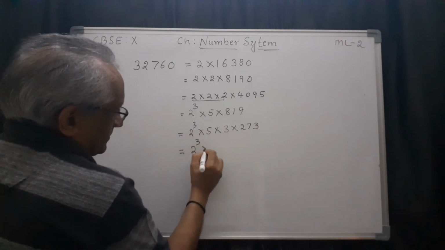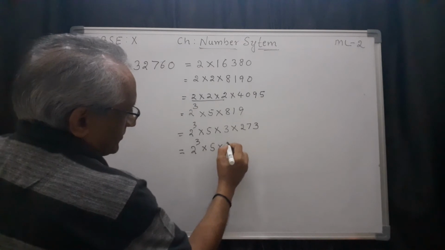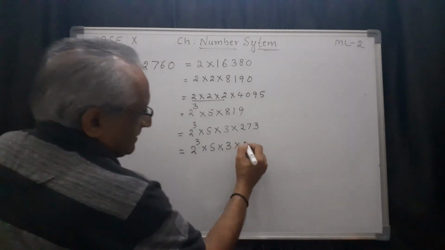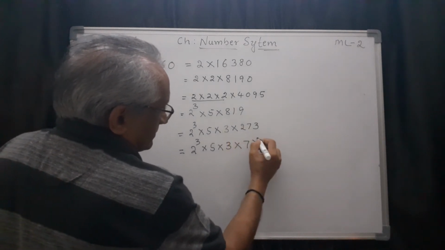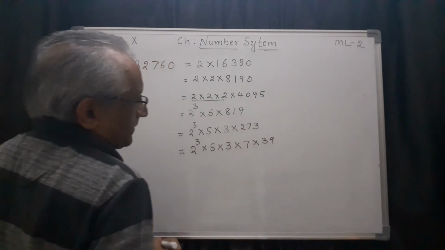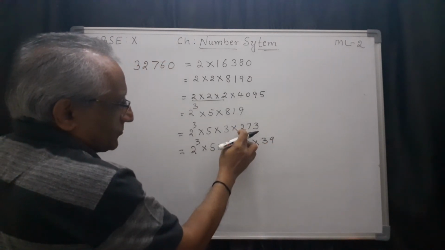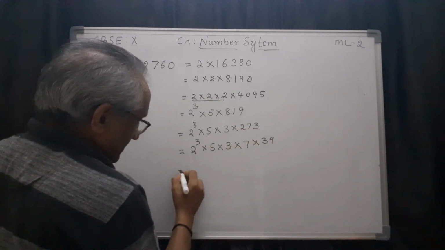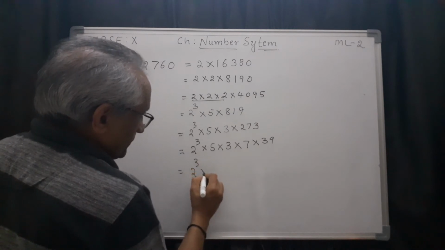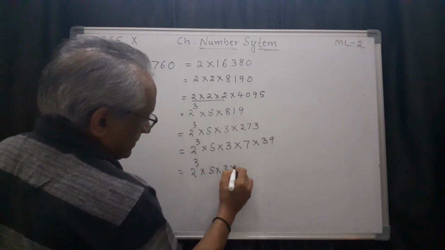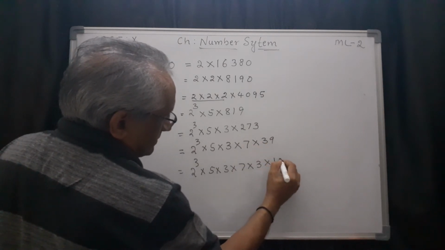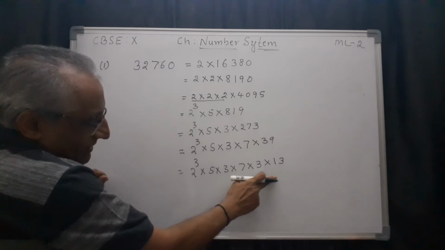2 cube. See, oh, this is a test of your numerical ability. Now it is divisible by 7. You can check 7 into, see here, 7 threes are 21. Even it is divisible by 3 also. 2 plus 7, 9 plus 3, 12. So once again, here you see it is 3 plus 9 is 12. Once again divisible. So 2 cube 5 3 into 7. Once again you can take 3 outside. 3 is a factor. 3 ones are 3, 3 threes are 9. Now you can check our factorization is complete.